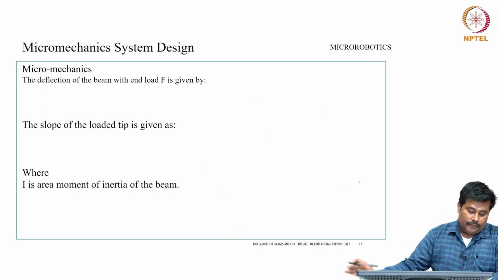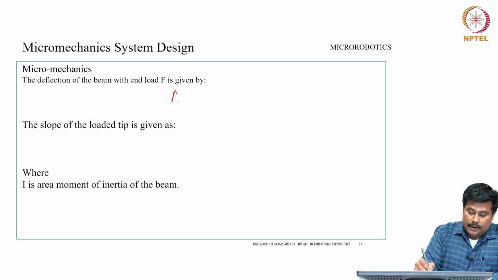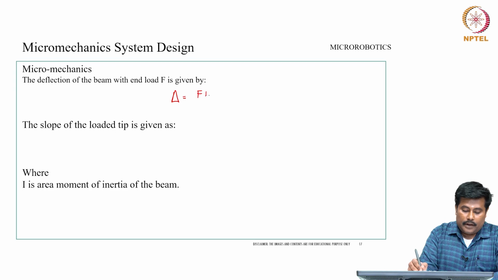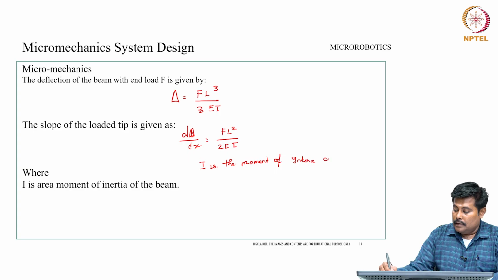Now the deflection of the beam, with end load F, is given by delta equals F L cubed by 3EI, and the slope at the loading tip is given as d delta by dx equals F L squared by 2EI, where I is the moment of inertia of the